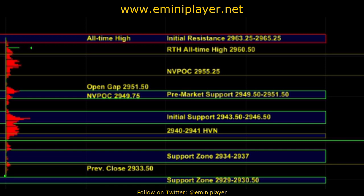So that's how the market is set up heading into the open, and the challenge is that we've already seen a pretty decent move in the overnight session into the previous all-time high where there could be some profit taking. But at the same time, given the level of strength we've seen, we don't want to step in front of it and start shorting the market until we start to see some pretty clear signs that sellers are stepping in